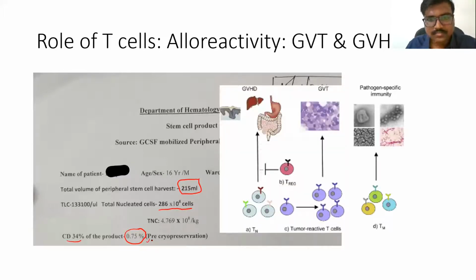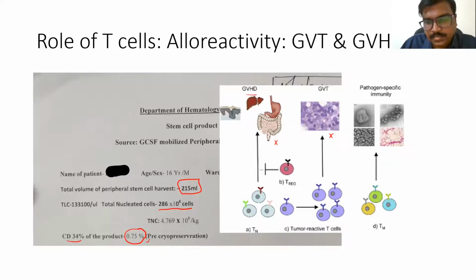So what is the role of these donor T lymphocytes apart from the stem cells? These T cells recognize tumor antigens as foreign antigens and mount an immune response leading to graft versus tumor disease. They also recognize the host normal tissues like gut, liver, and skin, and they mount an immune response against those organs as well. That is leading to what is called graft versus host disease.